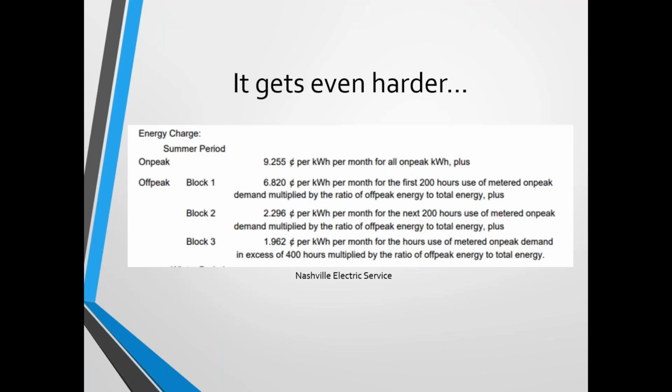But here's the one that got even harder. This was crazy. So I just want to look at this again. These guys had summer, winter, and then they had transition periods, which are like spring and fall, I suppose. But check out, they've got the 9.2 cents, that's easy. Plus they have these 3 blocks. It's crazy. All right. And that's totally crazy. I've never had anyone come to me with a question saying, how do you model this? I guess it's because no one's modeling rates, or not many of you are, but oh my gosh,